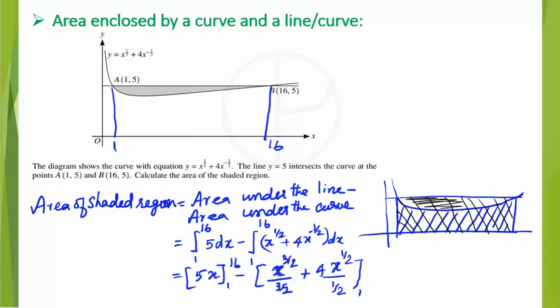The limit is 1 to 16. So you'll get 5 multiplied by 16 minus 5, minus